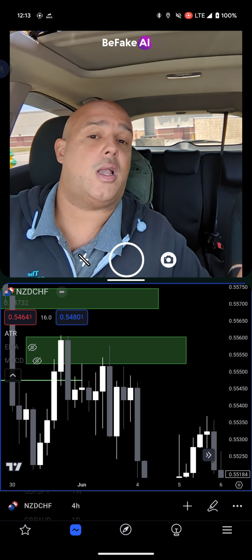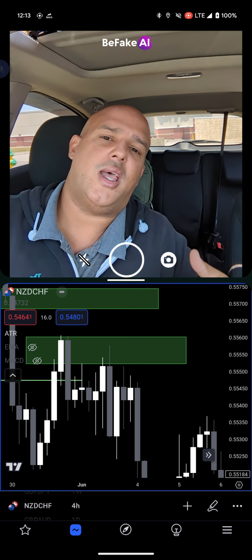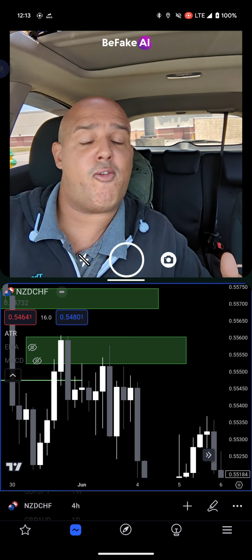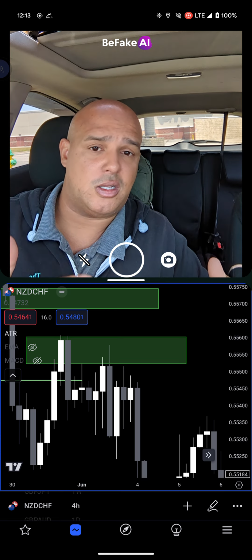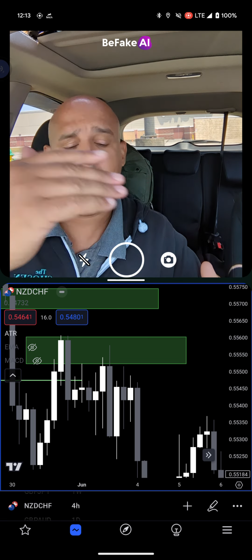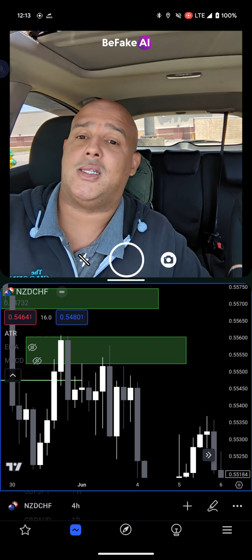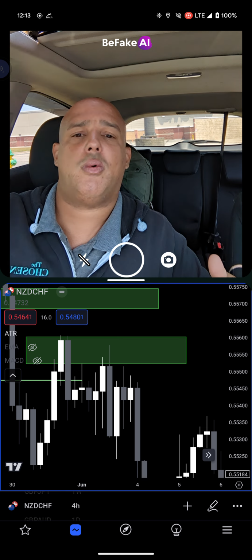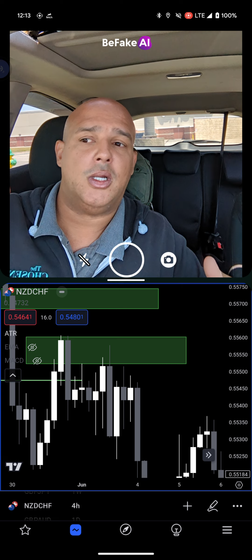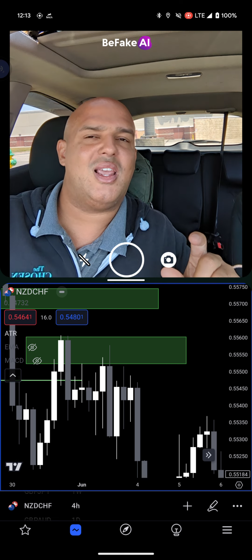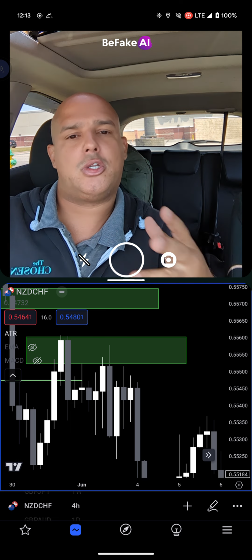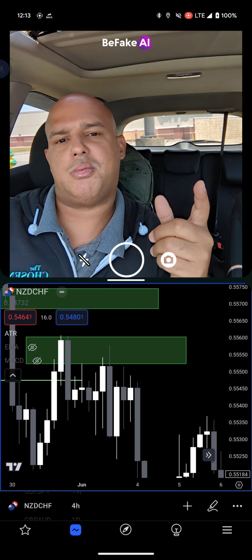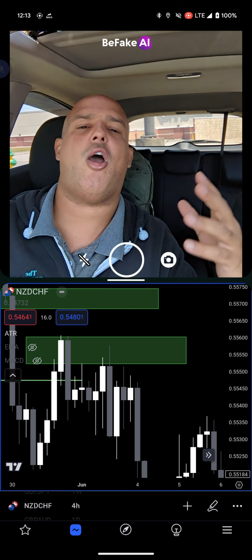If it's not going to, for whatever strange reason, then I just want to be able to be out of it. But I don't want to be out prematurely. If for some reason that zone is still a valid zone, price may come back up. It may have triggered me in and come back up and retest. And I don't want to be kicked out early just because I had my stop loss too close. Hence the reason why I have an ATR above that zone. It gives me the ability to allow price to fluctuate enough to make its own decision, but still protects me enough to not be in a trade that I just hope will win.